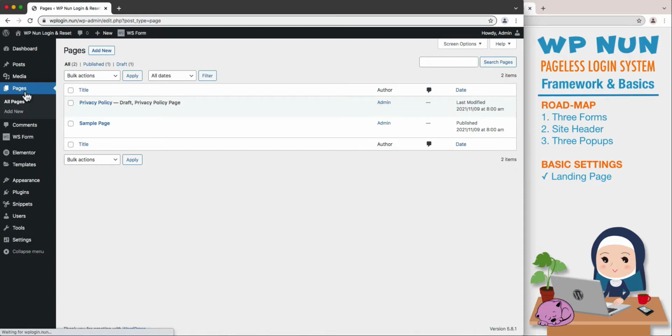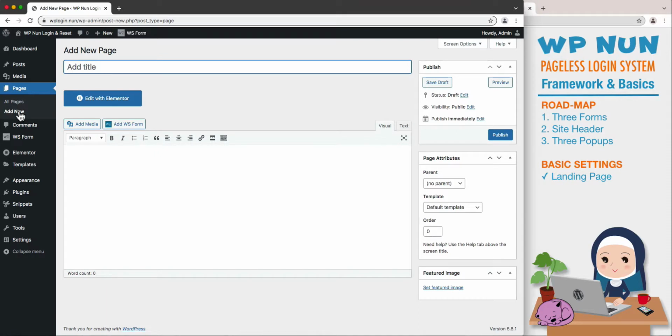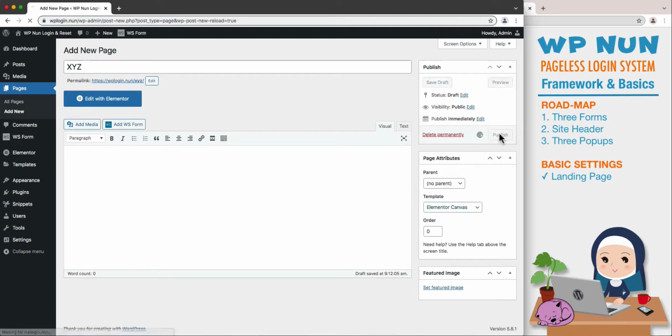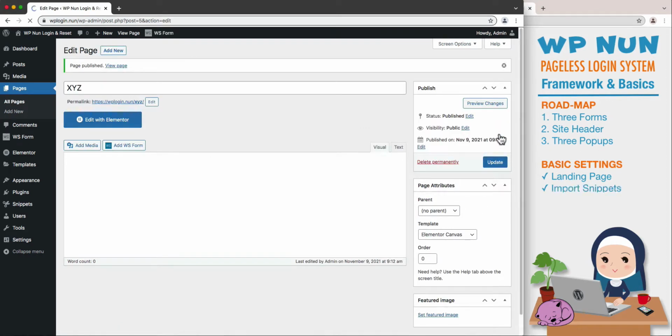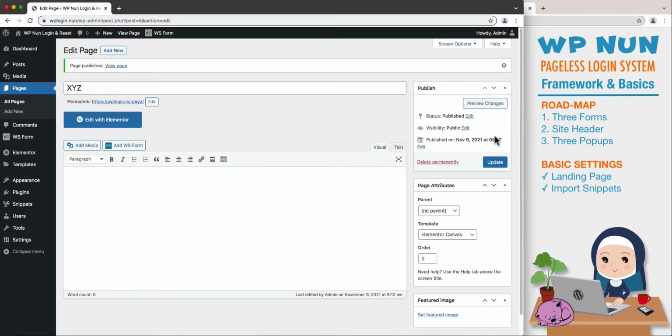It will also form a part of the reset URL, which will deliver the user login credentials to be handled by the reset form. You can name this page however you wish. For this tutorial I will name it XYZ, and set its template as Elementor Canvas. Let's publish our page.